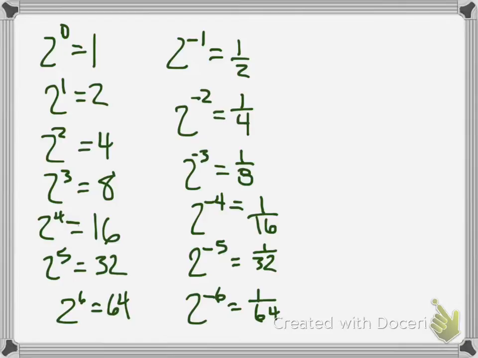So, here's how this works. The idea is we want to have the same base, and then we're just basically dropping the bases and setting the exponents equal to each other and solving. Okay, so, for example,